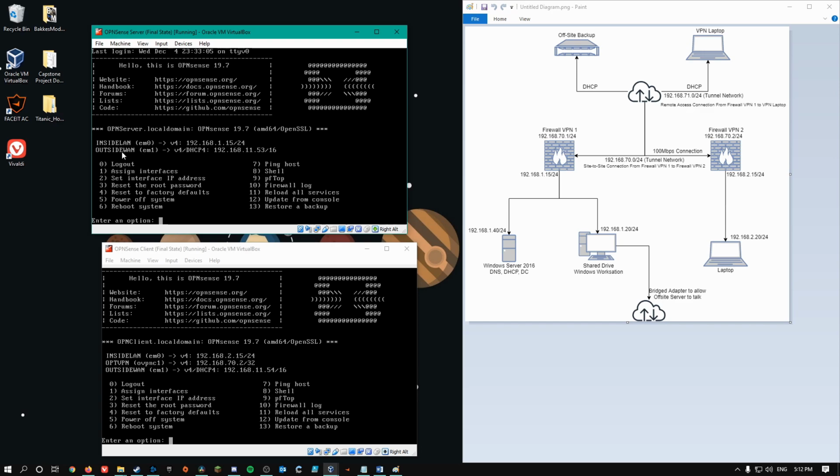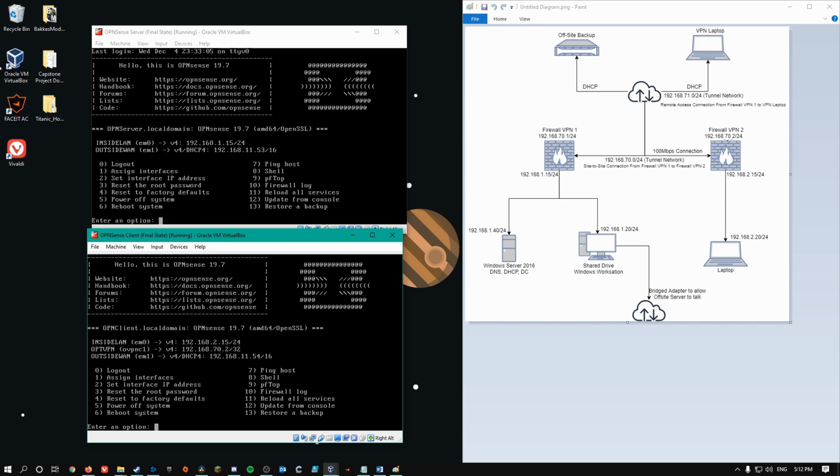We can also see that we have a second interface, which is a WAN interface. This is the bridged adapter interface, which allows us to connect out onto the internet with an IP address of 192.168.11.53. We have a very similar configuration for the OpenSense client, which is this machine right here, and going to be on the right hand side of the network, this guy right here. We can see that the IP address for the LAN is very similar, 192.168.2.15 as opposed to 1, and that's because we are on the second network, which we named network 2 for our internal network. We can also see that we have a WAN address, which helps us connect out onto the internet, and that is the bridge adapter with an IP address of